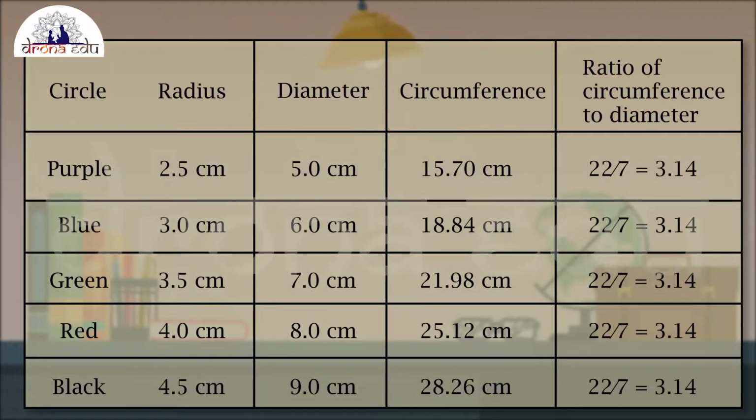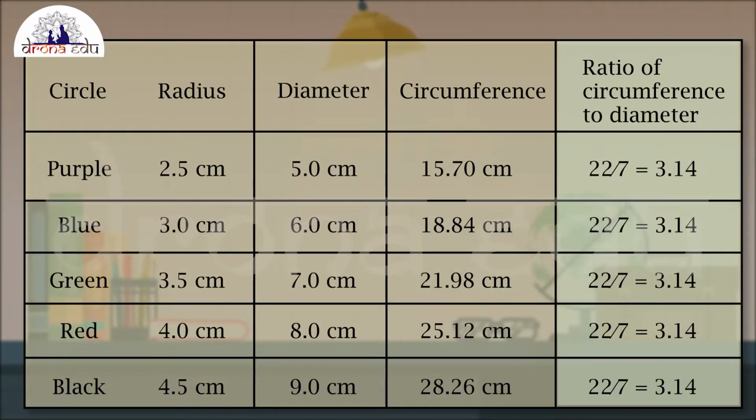Here, first I'll take 5 circles which are concentric circles. The relation between the diameter and the circumference is given in this table. If you observe, the radii, circumference and the diameter, all the values are given. And in the last column, there is the ratio of circumference to the diameter. If you observe, all the values are the same. You're getting the same values for all the different circles, right? Yes, you're getting the same.